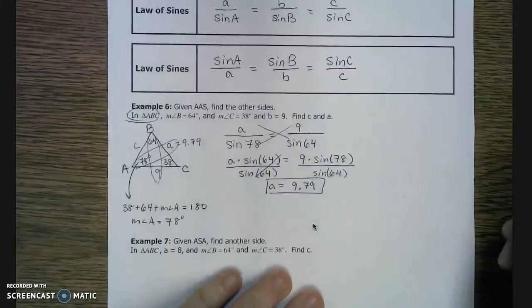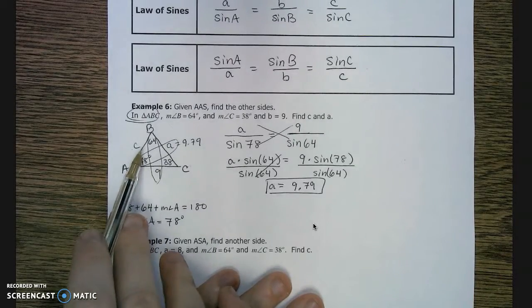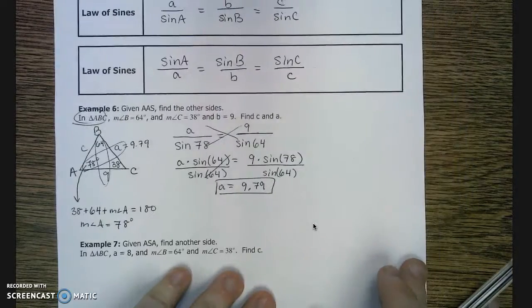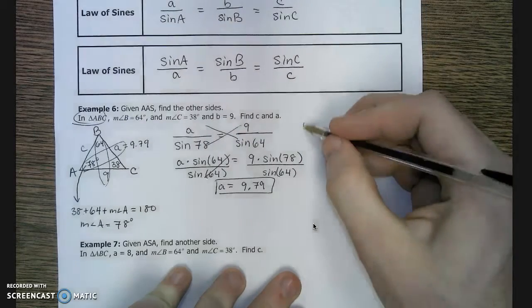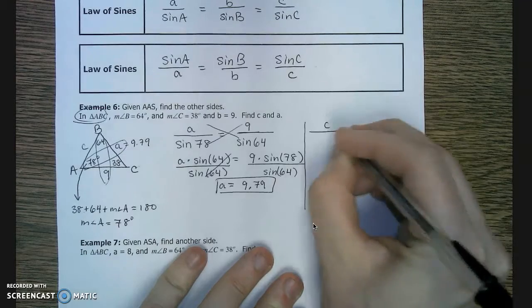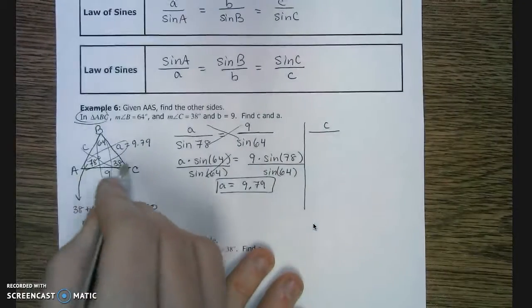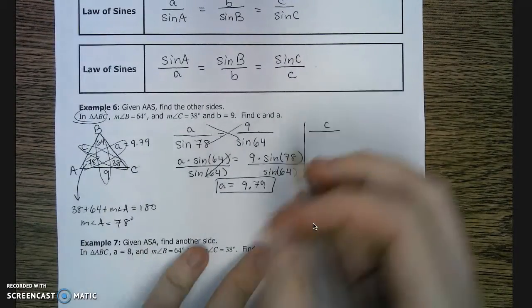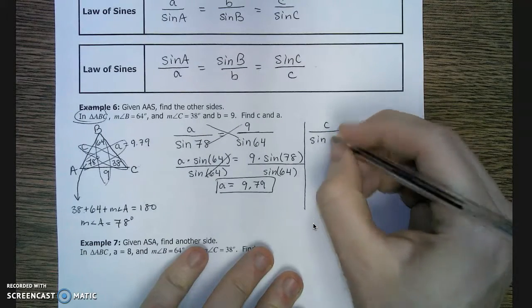Now, let's look for side c. Remember, you can't just use Pythagorean theorem because it's not a right triangle. So we're going to use law of sines again. This time I'm looking for c, so I'm going to put that on top. And I've got angle C is 38. Those are opposites. So sine of 38